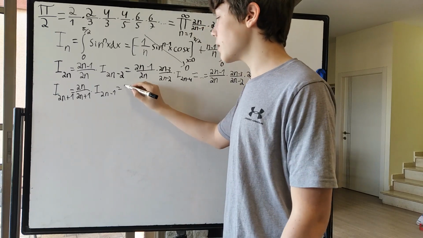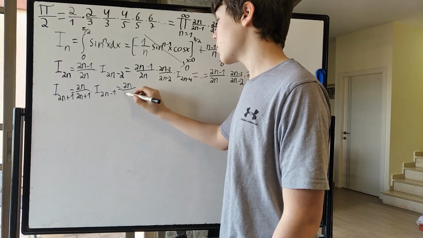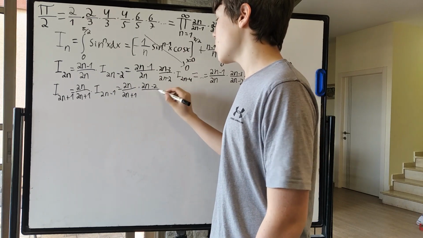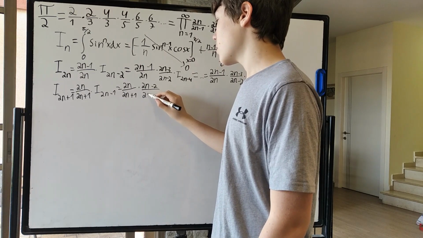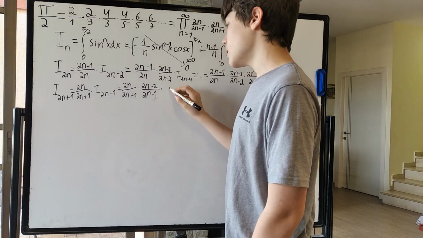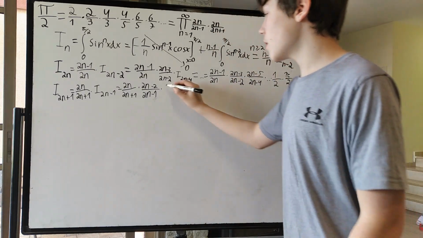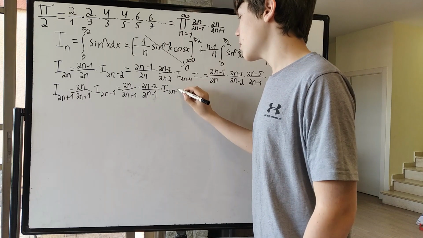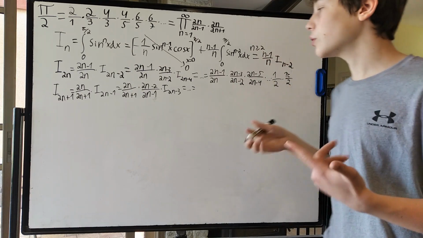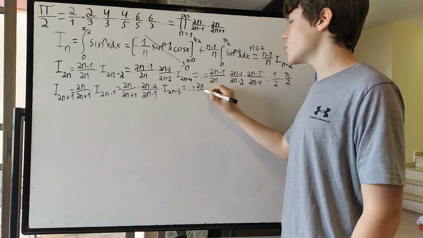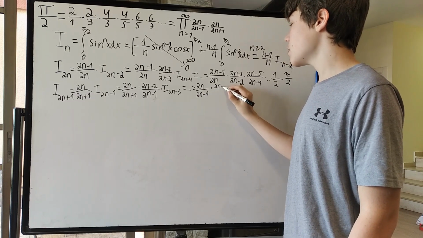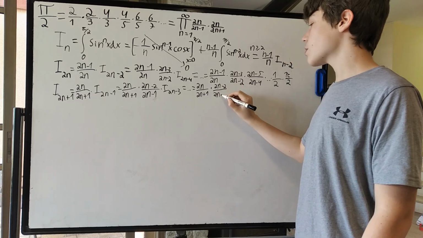And again, by our formula, it's 2n over 2n plus 1 times 2n minus 2 over 2n minus 1 times I_2n minus 3, which, if we keep using our reduction formula again and again, we'll end up with 2n over 2n plus 1 times 2n minus 2 over 2n minus 1